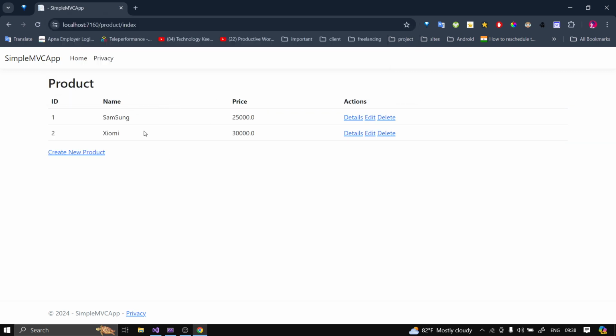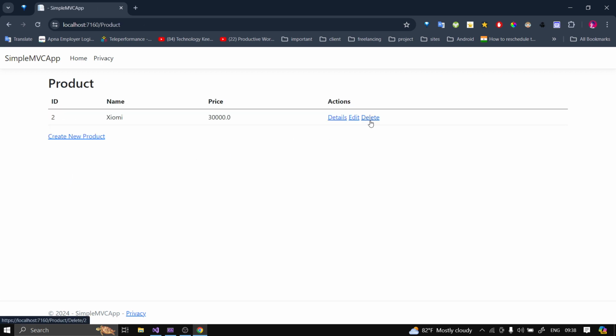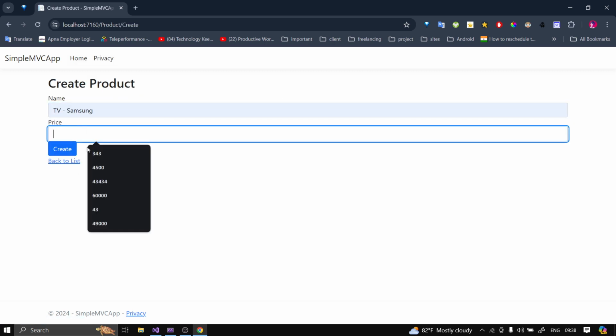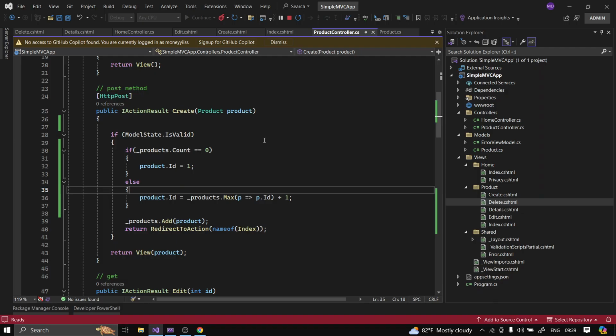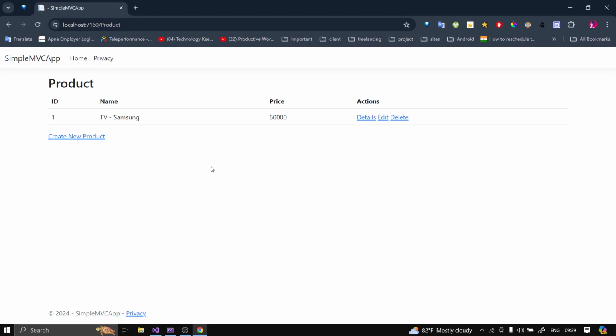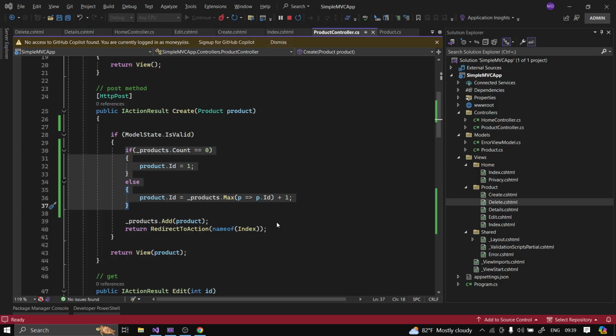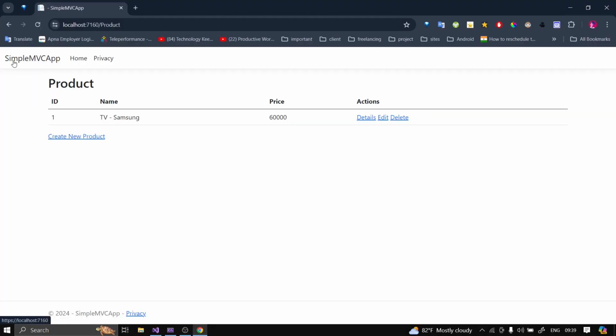Here you can see that there are 2 products. Now I want to delete this one, now delete this one, delete this one also. If you want to create TV Samsung, I want the price 60,000. Now create. So you can see that this is created without any error, because we have handled this error already by initializing +1. So our id is 1. Okay guys, so you can see now here in this MVC app, I have implemented all the 4 operations, CRUD